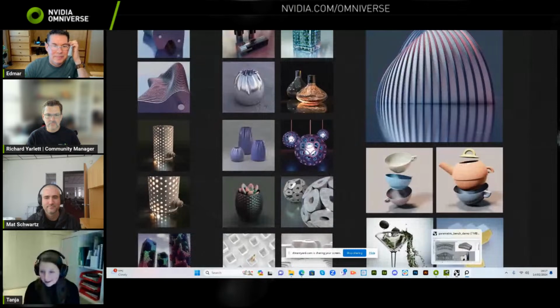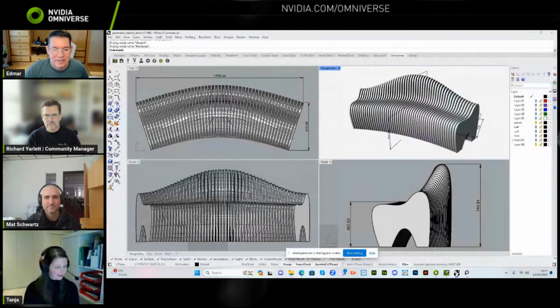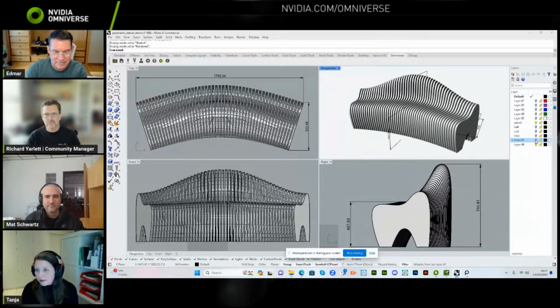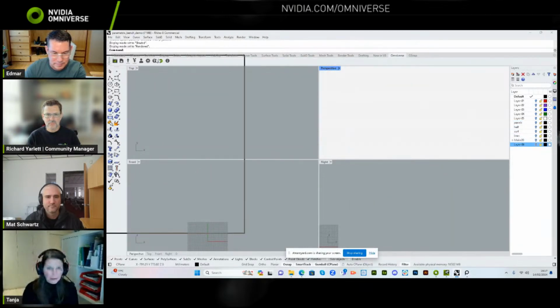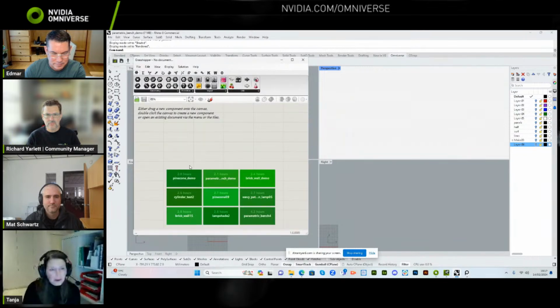Let me see if I can hop over to Rhino. You see that? Yeah, that looks good. So that's the bench with its panels. And if I turn the panels off and drag my Grasshopper over,